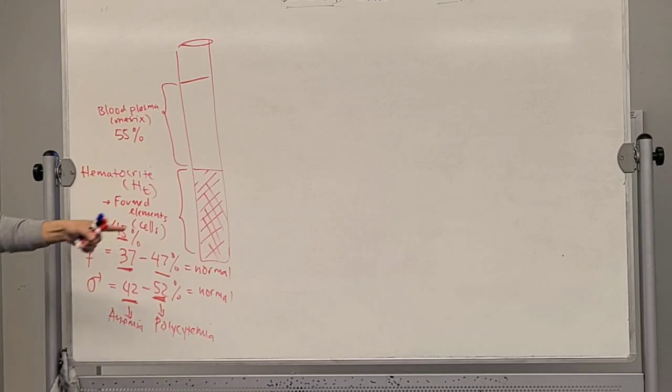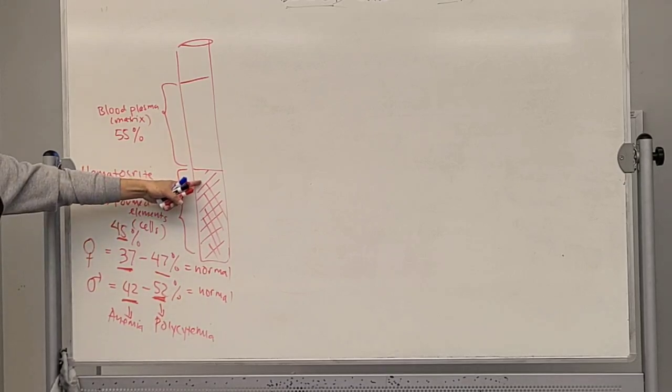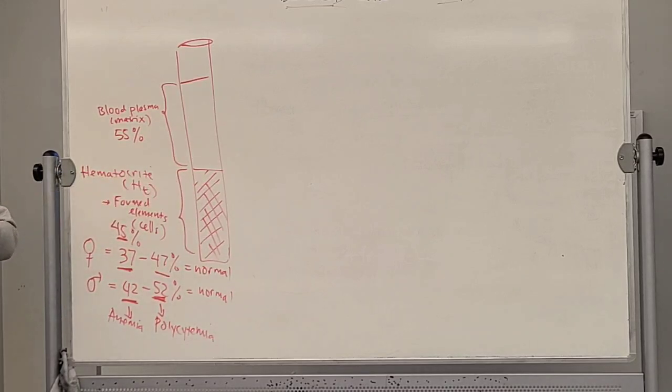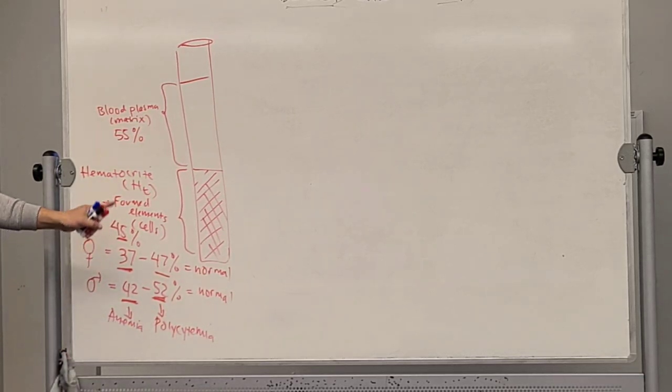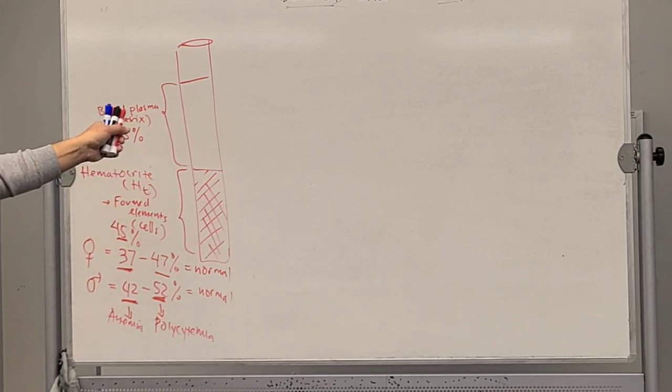And then what is it causing? It causes this percentage to be higher, maybe 60 or 65%. It's actually dangerous for him because it's going to be more difficult for his heart to pump the blood. It's really sticky, forcing the blood to circulate. You get this one, right? So polycythemia means too many cells. Anemia means too few cells in the blood. Now, males and females have different calculations, different measurements. Do you have questions so far?